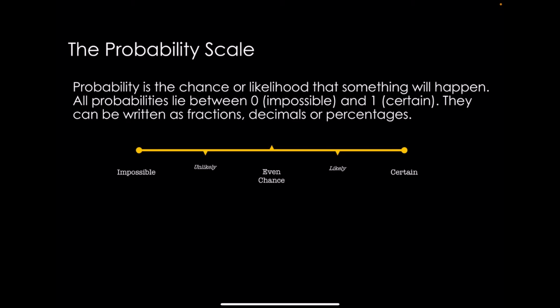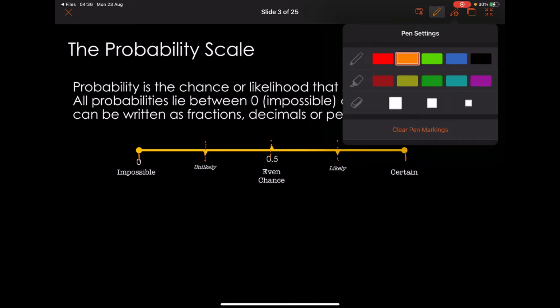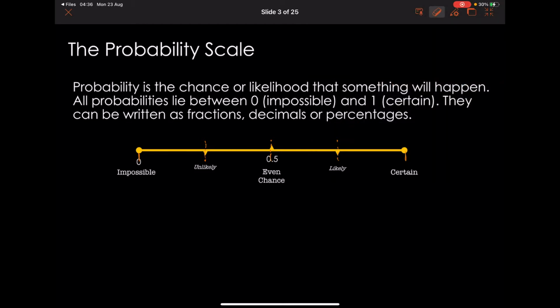So here we've got a normal probability scale, and we've expressed some probabilities in words. So at this end of the probability scale, we have impossible, and at this end we have certain. In the middle would be an even chance, and then probably unlikely and likely, just like this. We can add in numbers, so 0 for impossible, 0.5 for even chance, and 1 for certain. Just going to rub those out so you can see the numbers. Okay, so